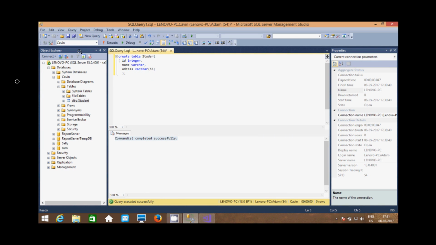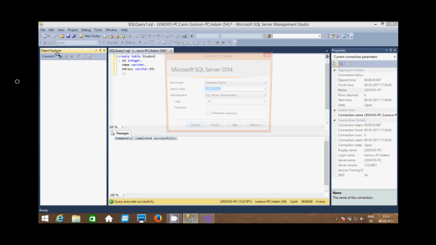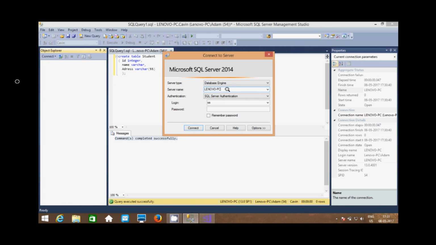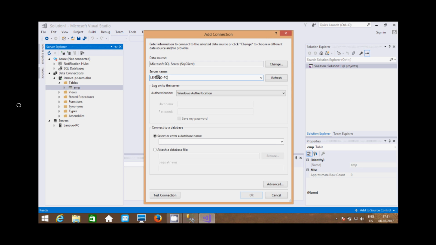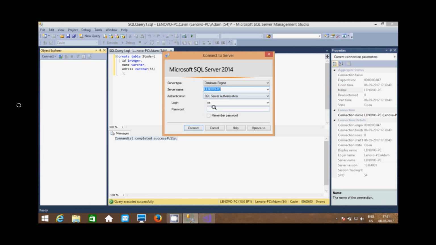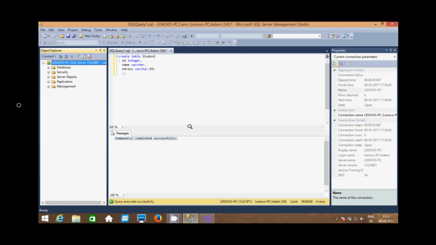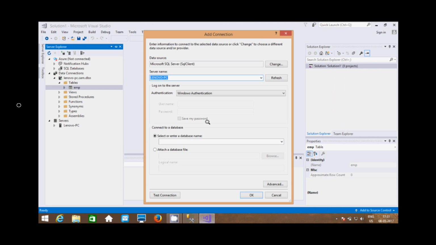So again go to SQL Server, disconnect, copy this server name and paste it there. Then let's connect SQL Server also.